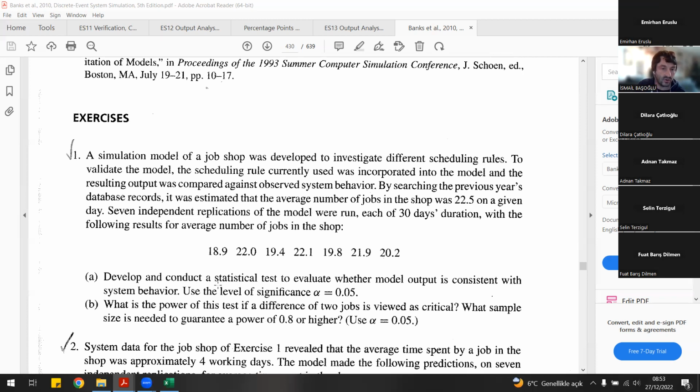And it says develop and conduct a statistical test to evaluate whether model output is consistent with the system behavior, and use a significance level of 0.05. I have told you many times in this course that for such small sample sizes, using such a moderate significance level is not a very good idea, because if you decrease the significance level for small sample sizes, this will certainly increase the type 2 error of the test,